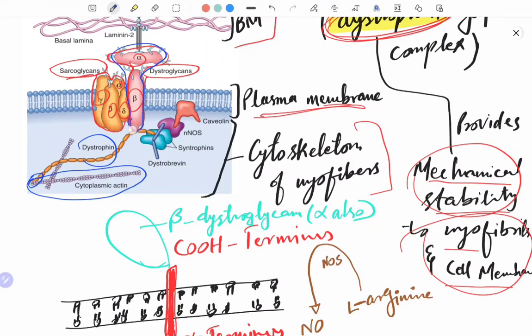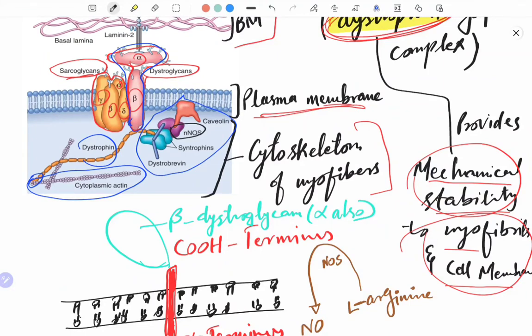What is this protein? This is the dystroglycan protein, with alpha subunit and beta subunit. You can forget these cytoskeleton proteins and remember only this one, because we are going to talk about this one,